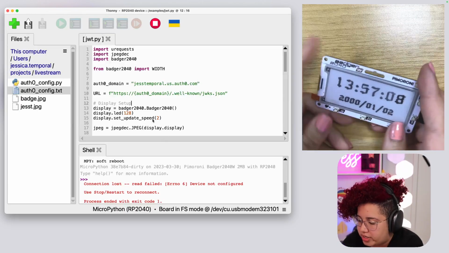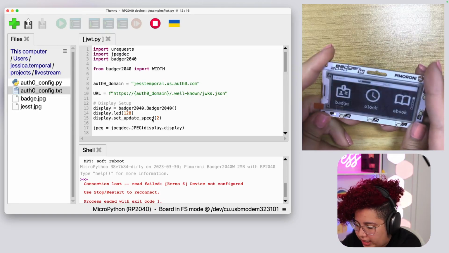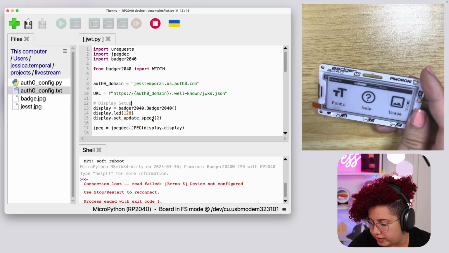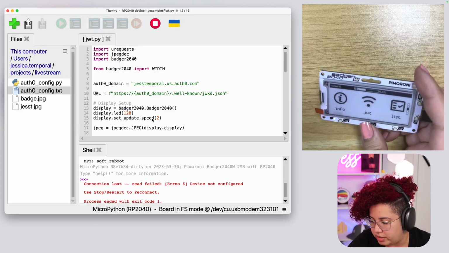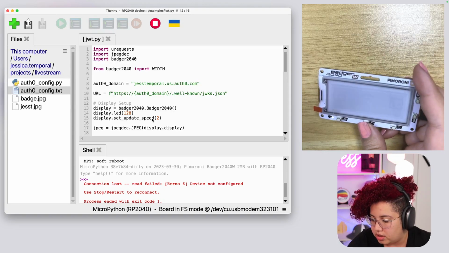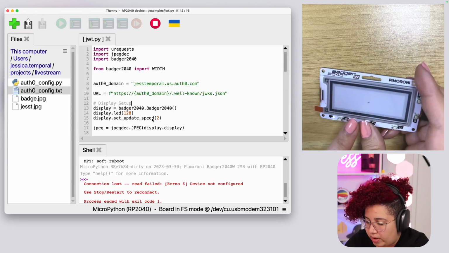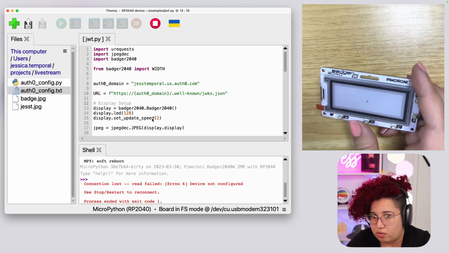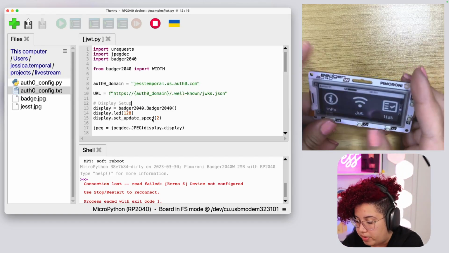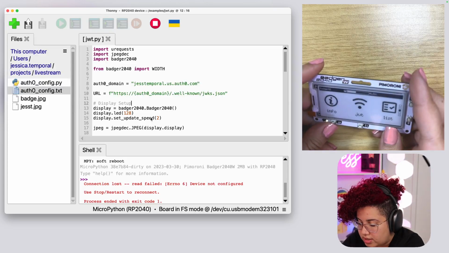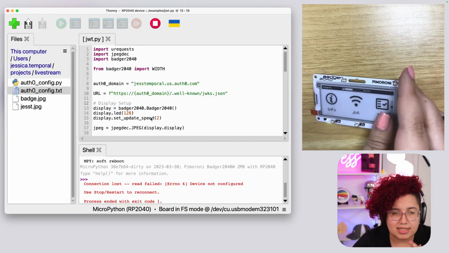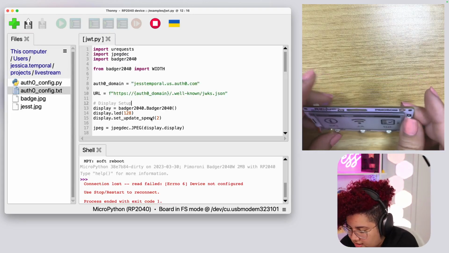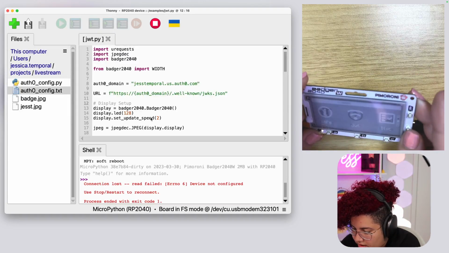Okay, so the clock works, and if I go back by clicking on the buttons at the same time, I can go back to everything that I was doing before. So if I run the JWT, see, that's a problem that I was having earlier. Something happens and it stops working, and I don't know why. I have to figure that out. But what I realized worked was I run one other app and then run this one, and it kind of magically made everything work out. So I guess if I go to the weather one, maybe that will help.